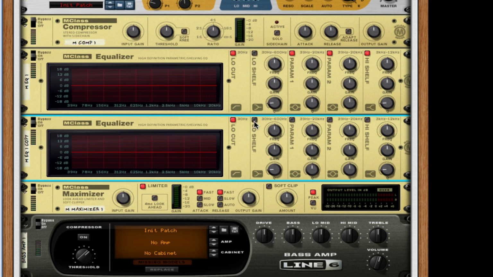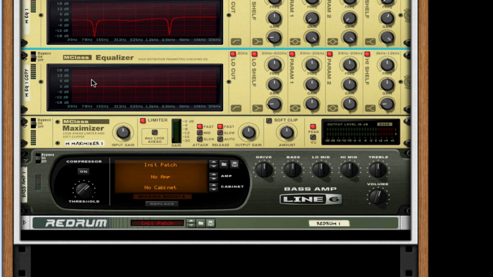So I'm going to turn on my low cut, my low shelf, my parameter 1, parameter 2, and high shelf. For my first equalizer, I'm just going to take down the gain on my first parameter, and I'm going to change it to 104 Hz, turn up the Q to 32. For my second parameter, I'm going to change this to about 2.585 kHz, gain down, Q all the way up. High shelf, take it down to 3 kHz, put up the gain about 2.9 decibels, and turn the Q to